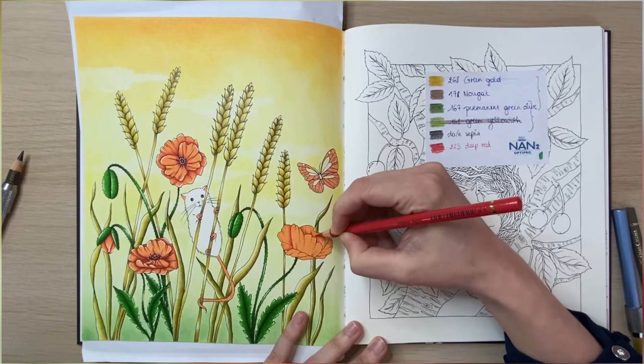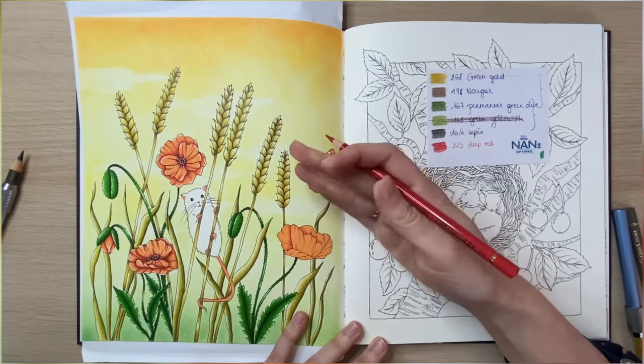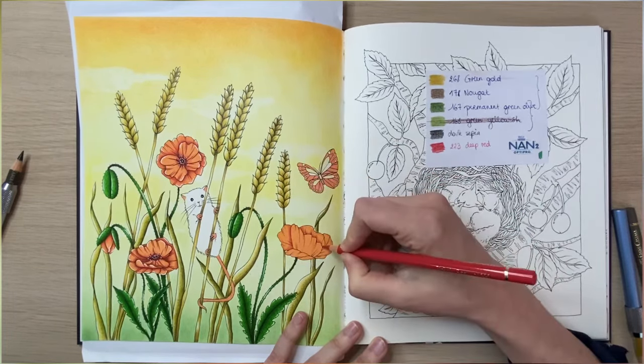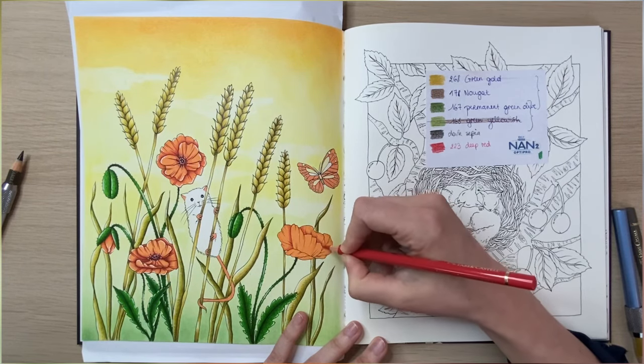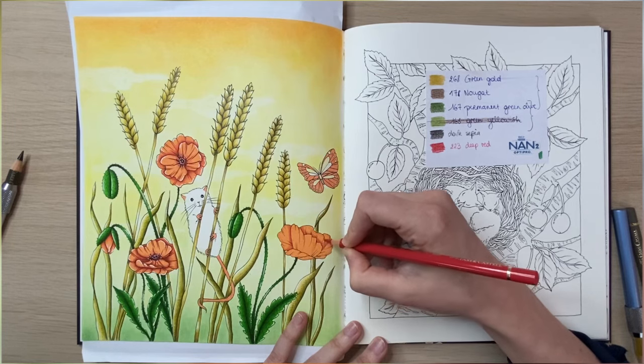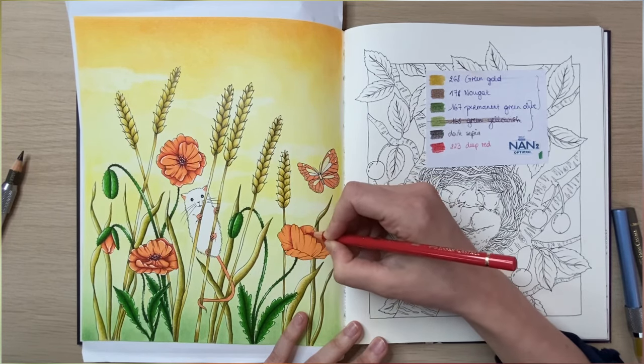If you see it differently, color it differently. If you think this is something that goes in front of it, just color the flower how you see it. I don't think there is a right or wrong way to color a flower. I'm not an expert in it, so...